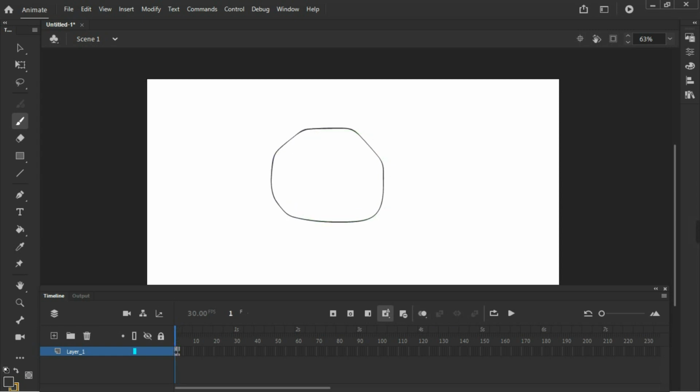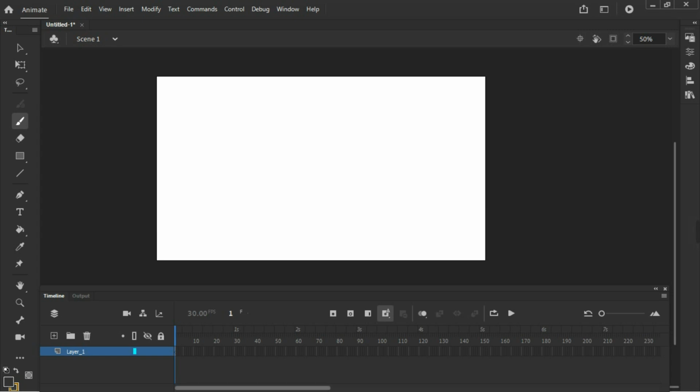And then a simple animation, for example a 3-second animation, would take like 2 or 3 days to complete. But now as you can see, I just did it using the objects and the tools of this Adobe Animate. In a simple way, this is our paper, a new paper for every frame, as you can see. This is our frame, and in here this is the second. For example, in 1 second, how many frames do you want? In here as you can see, in 1 second we got 30 pages.